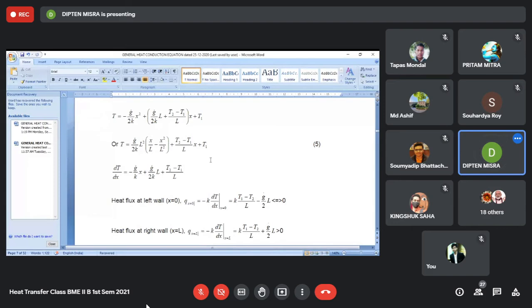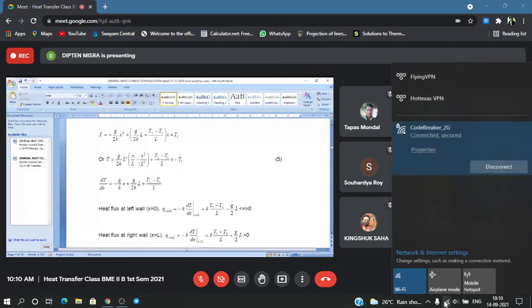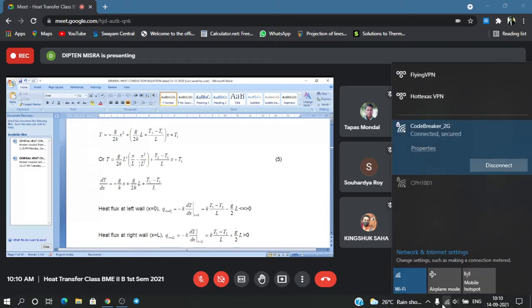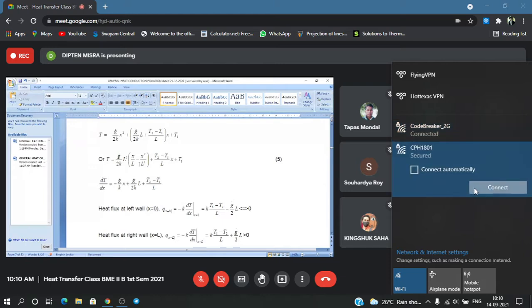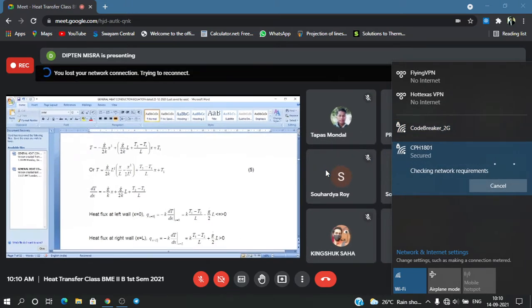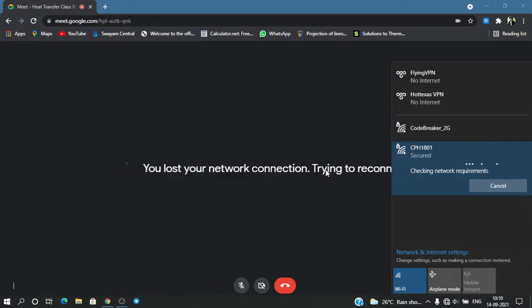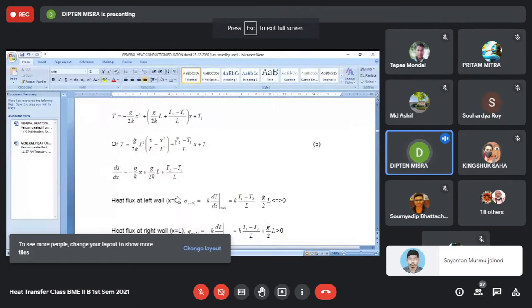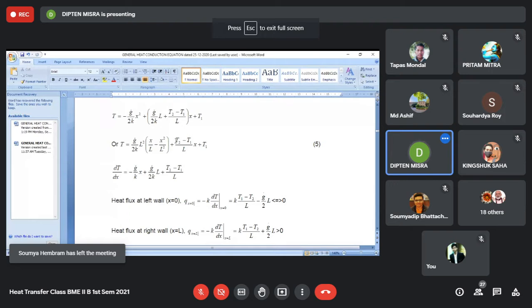Now, T is the dependent variable and x is the independent variable. The temperature and the surface temperature on the right hand side, which is at x equal to L. So all these things influence the temperature distribution,